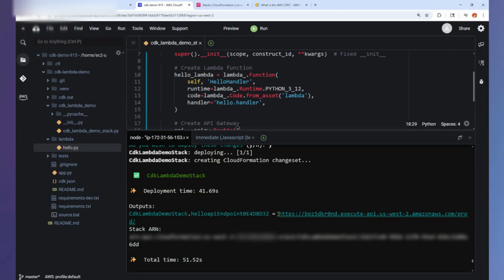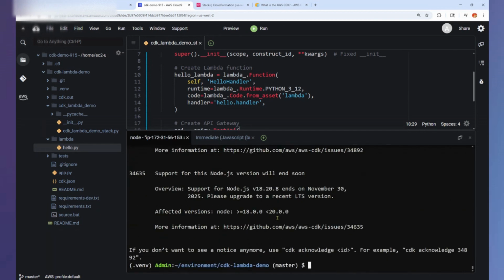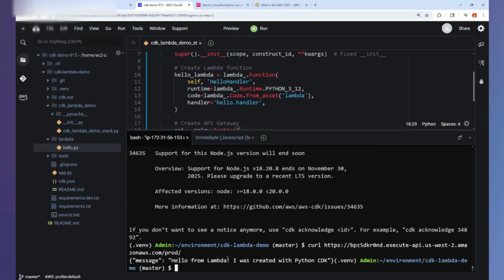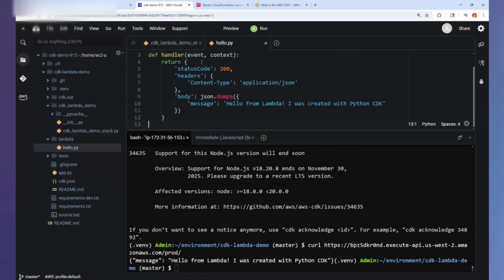I will go ahead and copy it. And then I can do this from the browser, but also I can just curl from here. So I'll go ahead and curl the endpoint. And it came back and said, hello from Lambda. I was created with a Python CDK. So again, to remind you, this was the message from the Lambda, and it went through API Gateway and it called it. So that's how easy it is to create infrastructure as code with a highly abstracted approach